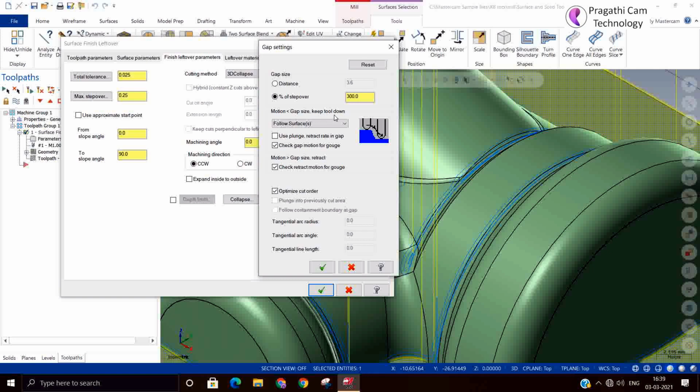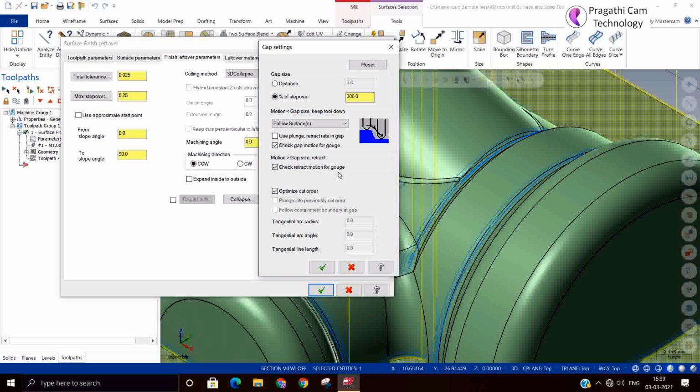On that particular gap, how the tool has to behave, that is the gap strategy. So suppose this is the gap while moving from one surface to another surface. In this gap, the tool should not gouge. That also has to be checked. Gouge has to be checked.